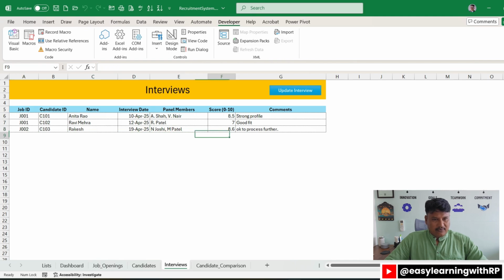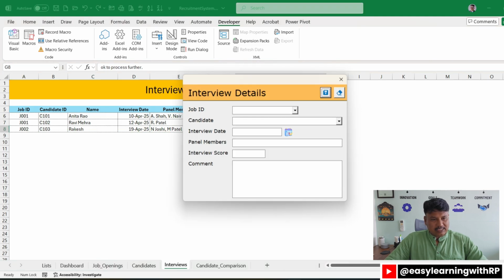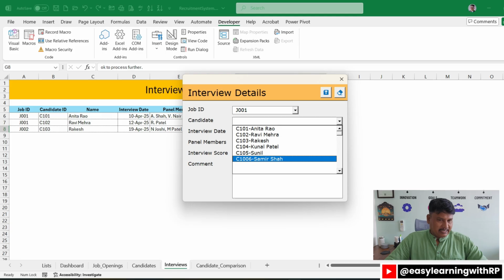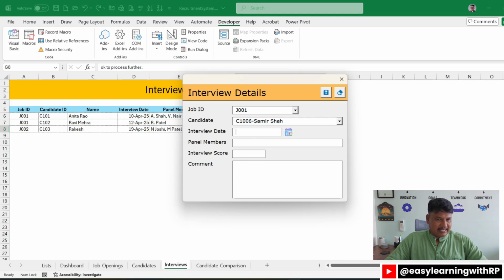Next is interview, where the interview is shortlisted and the user can have that information over here. Update related like this. What is the job ID that needs to be done? We are selecting a candidate name, for example, Shamir Shah, and we are conducting the interview like the one we conducted previously. For example, on 25th April, we have done this. We can put the name over here, for example, Rakesh, Sanjay, or anyone. Okay, we can put a name over here, and the scores are also given like this. For example, 8.9